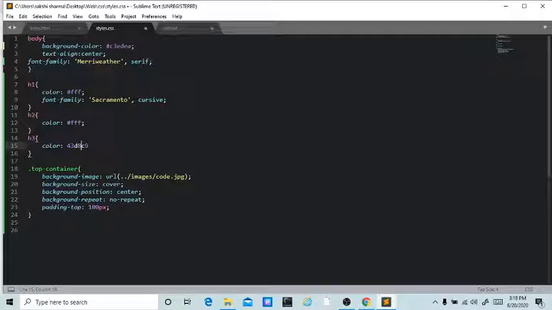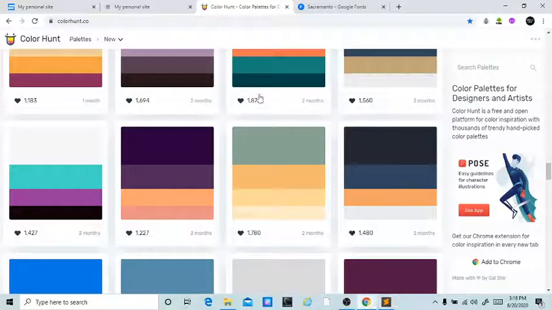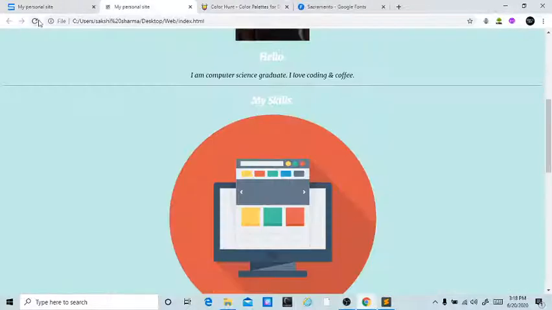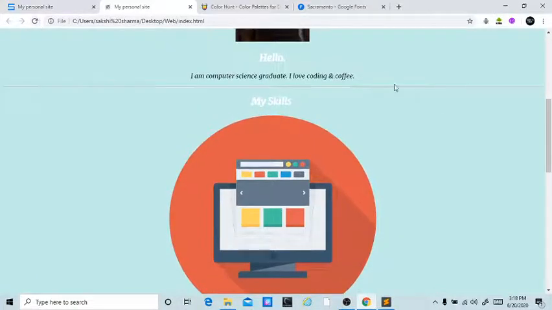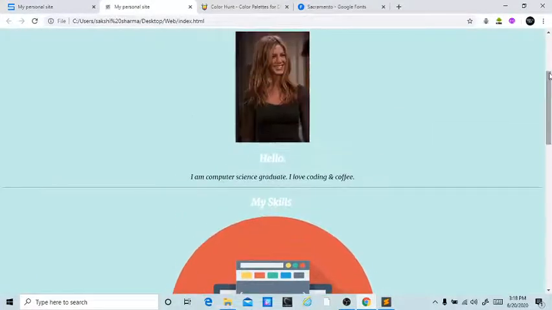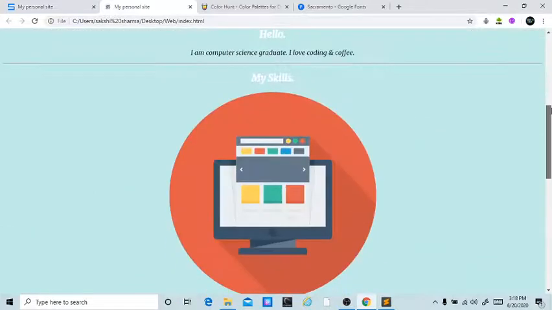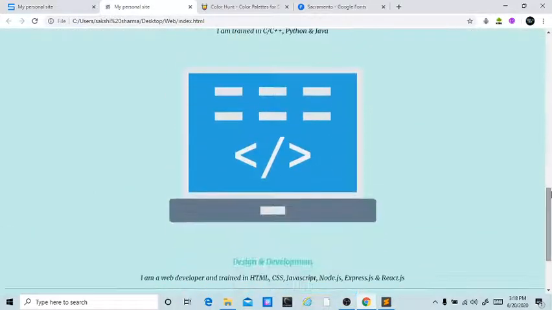Don't forget to put the hash. And now let's see what it looks like. So you can see the color of H3 is changed.